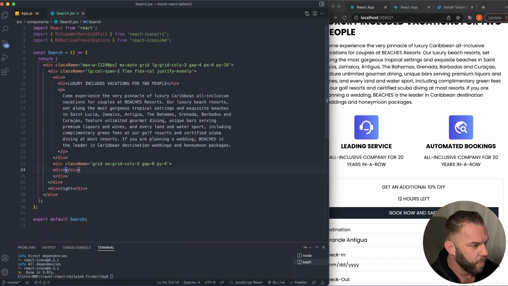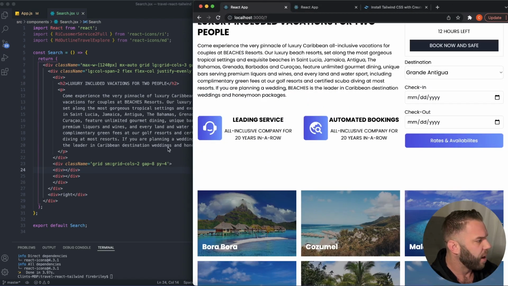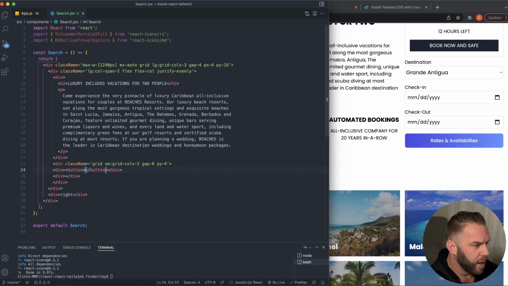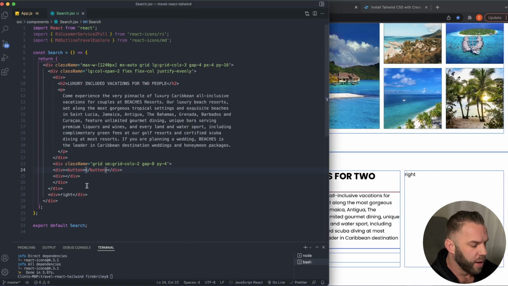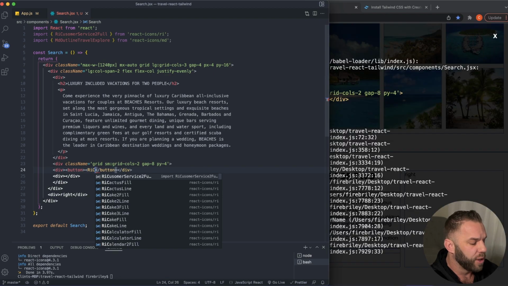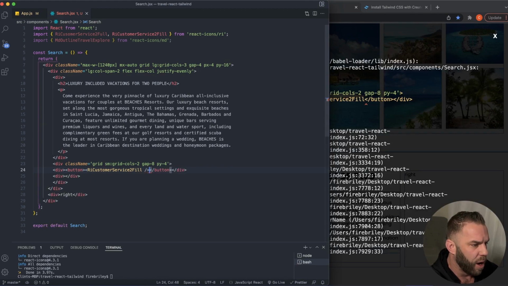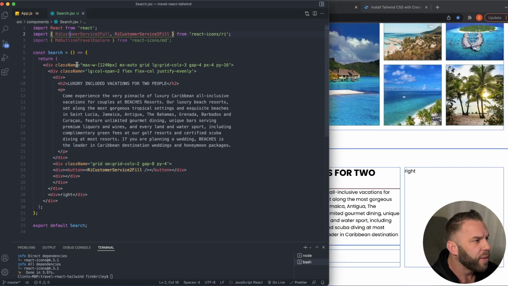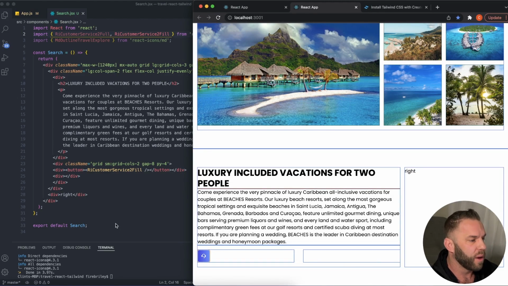I'm gonna go back here, add in our 2 divs, and inside this div, we open this up, we're gonna have our button with an icon here. So let's go ahead and do our button, and we're already gonna see some things here. Boom, there we go. And our icon in here, the icon we're gonna use on the left side is RI, you can use it on whichever side you want here. Customer service to fill. It looks like I actually spelled that wrong at the top. I left out a T, so that should be what we need right there. And as you can see, we now have our button with our icon